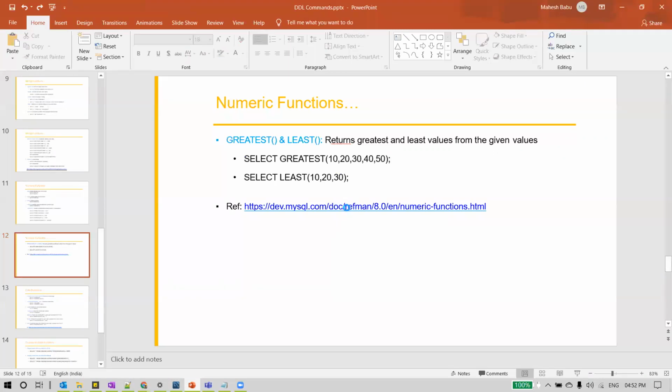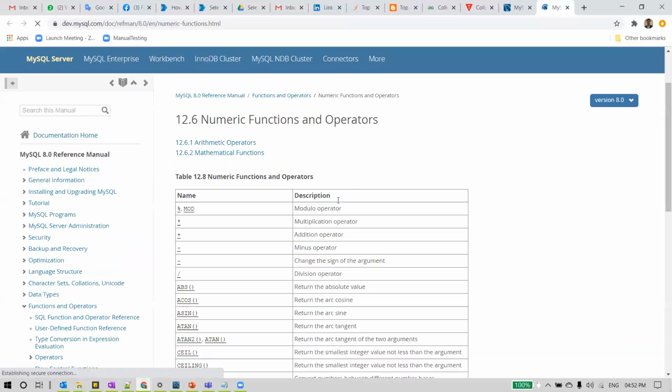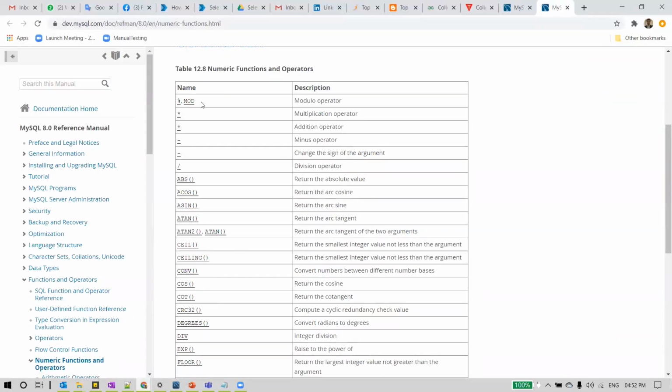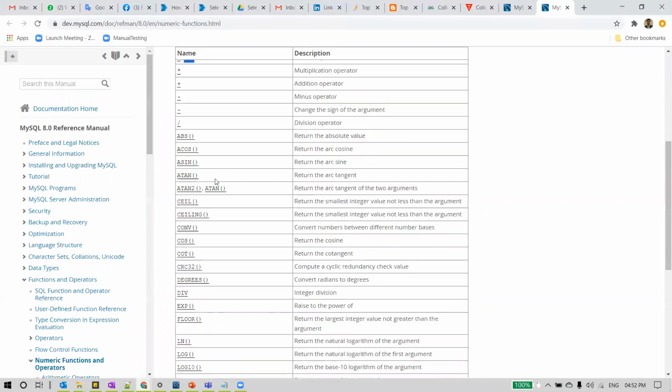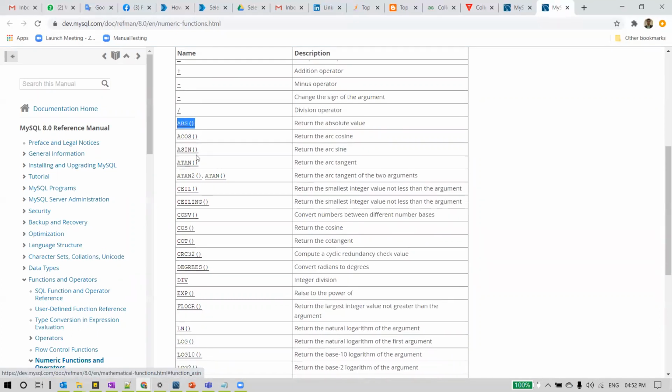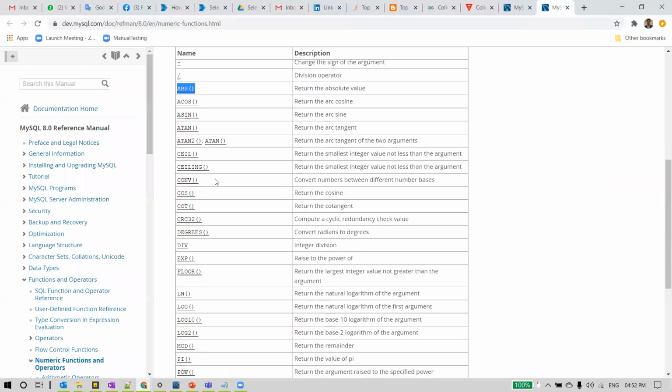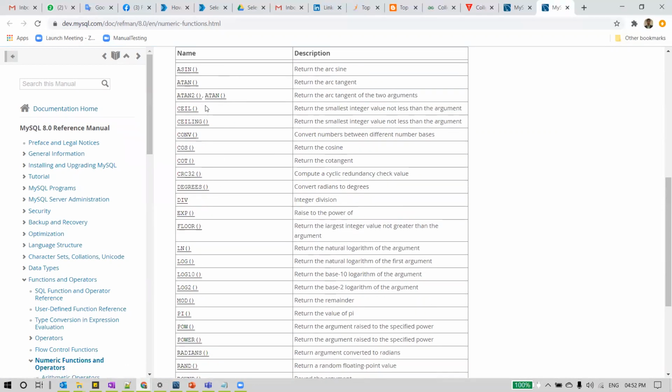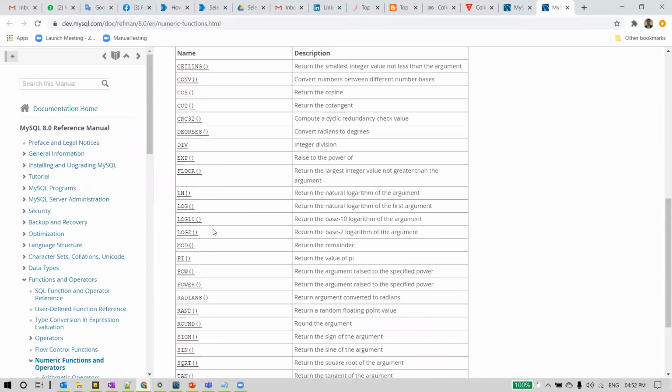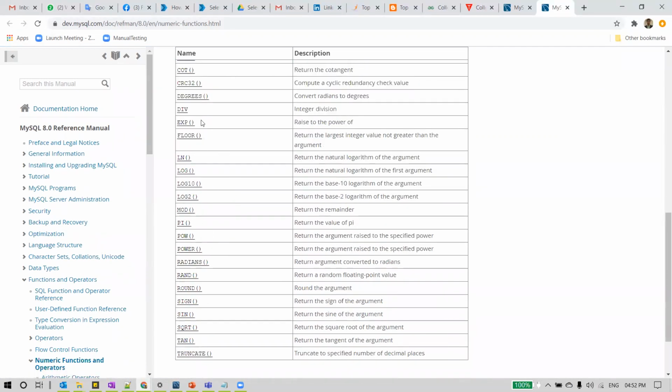And if you click on this link, you will find many other numeric functions. If you are interested, you can go through these as well. We covered the MOD function, we covered ABS. We also have arc, cos, sine, tan, ceil function, floor, degrees.